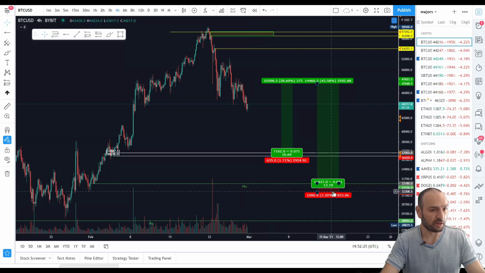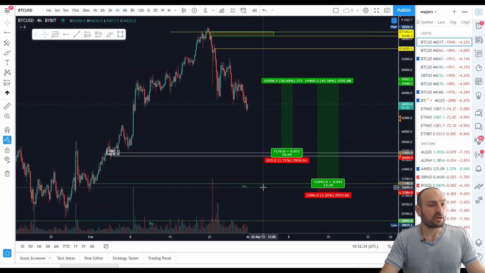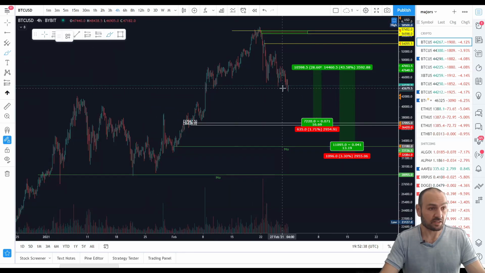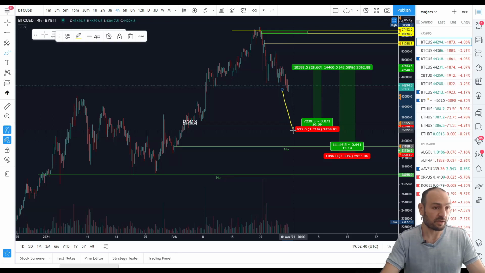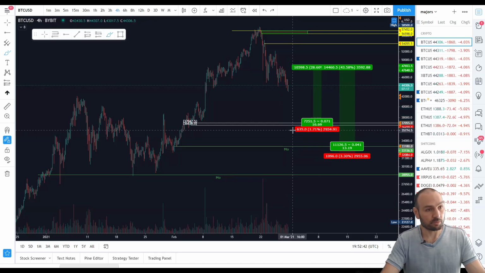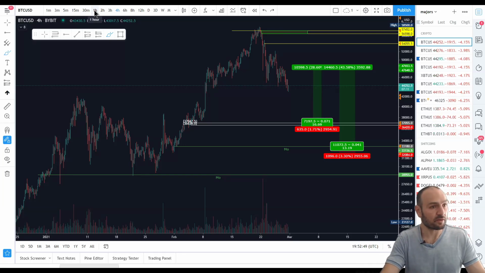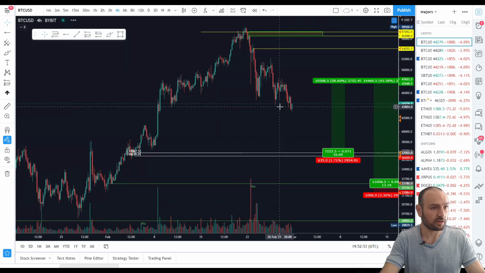I'll get stopped out, and then I will long 33,180, which is around the monthly level with about a 3% stop. Okay? This doesn't mean that it is going down there. I'm not saying it's going down there. I'm saying if it does go down there, I will buy there. This isn't about predicting the future. This is about finding setups to make money on, right?